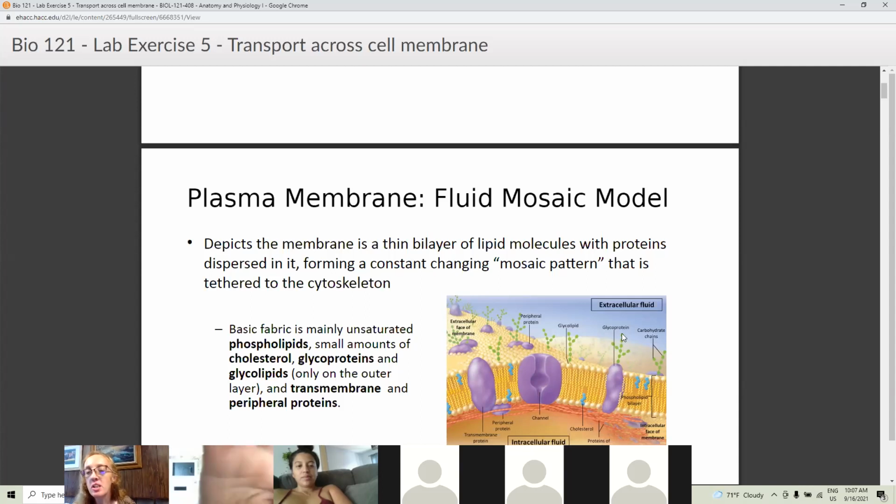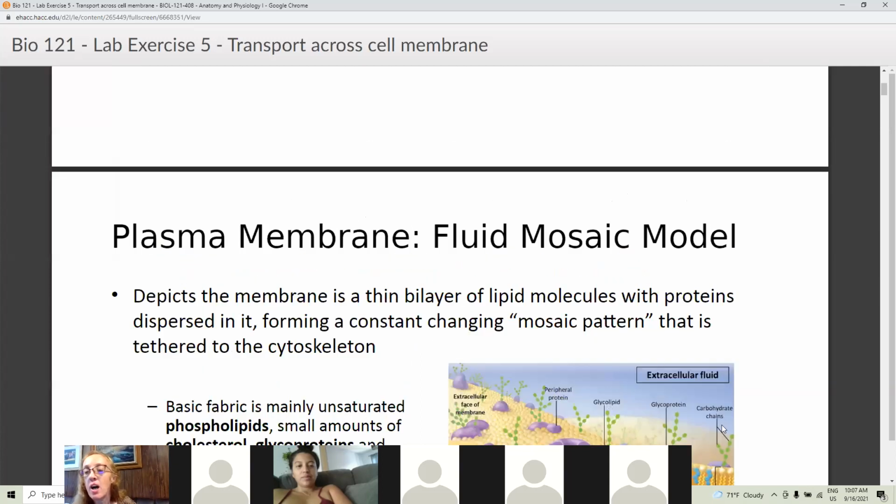So anytime that you see this little 6-ring structure, and just for kicks, anytime that you see this 6-ring structure,